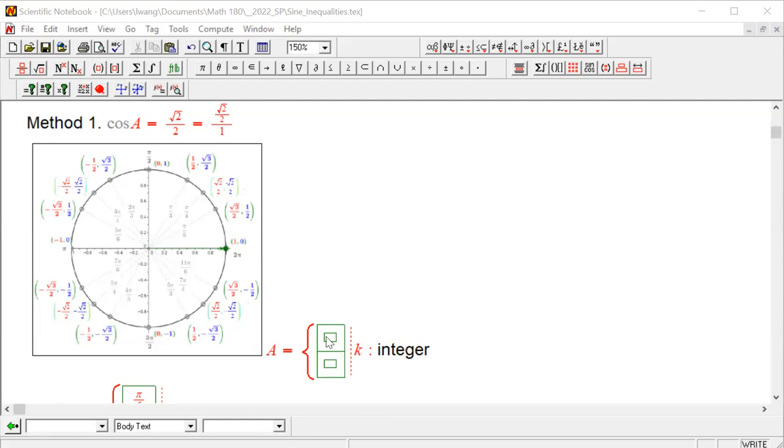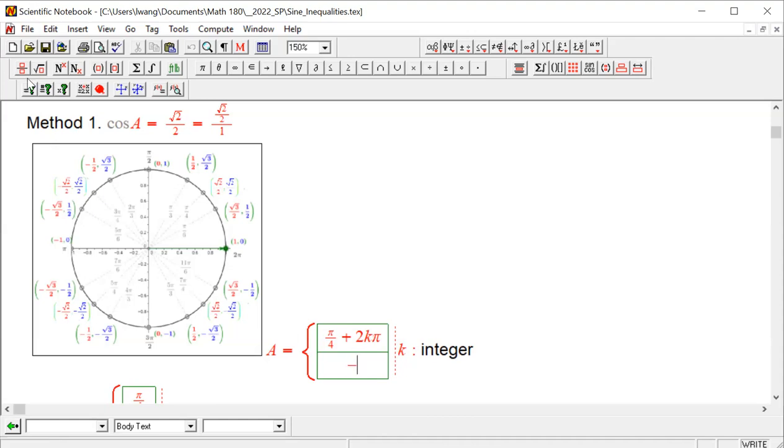Here one of the terminals is pi over 4, plus 2k pi, and the other one is 7 pi over 4, but we can also write it as